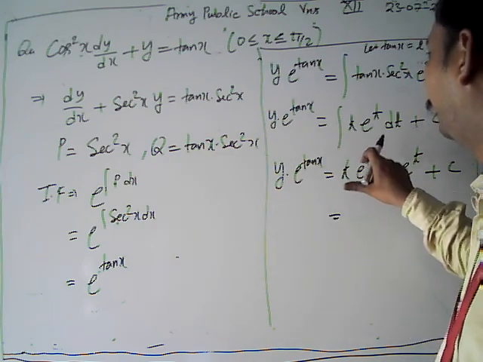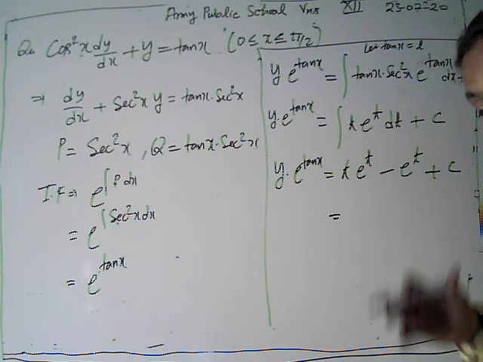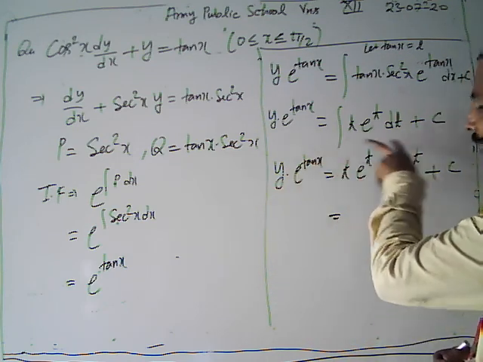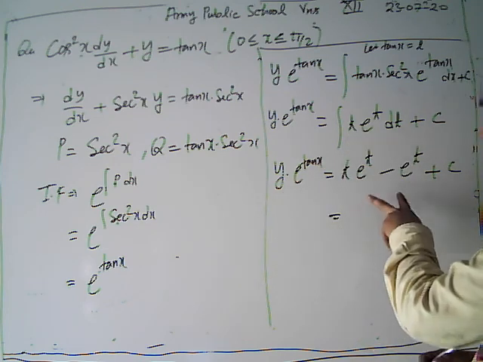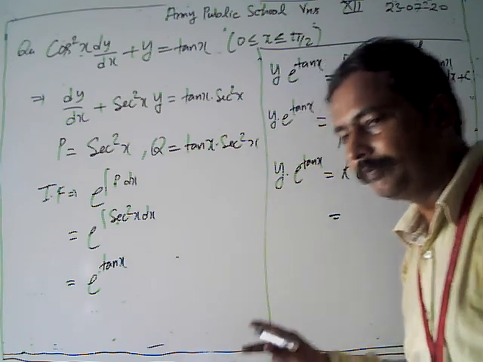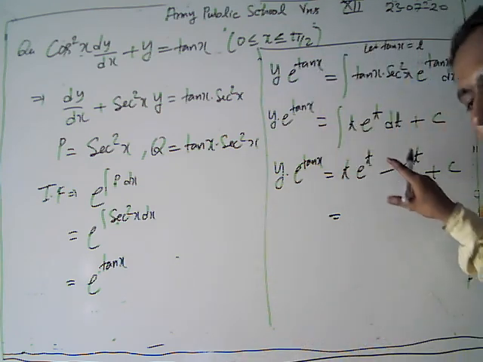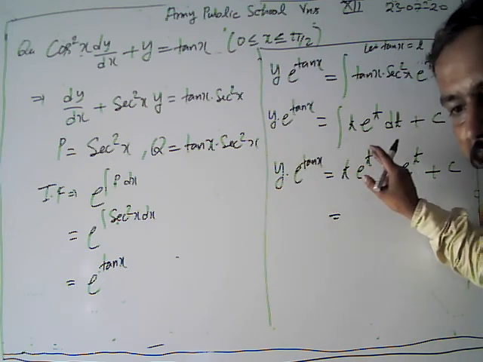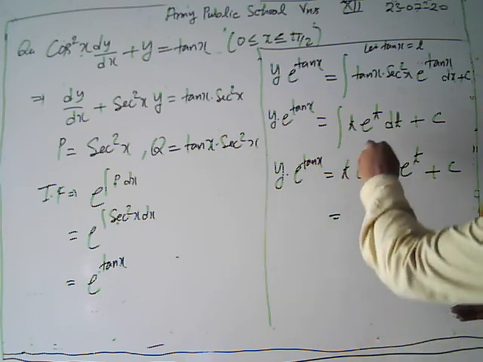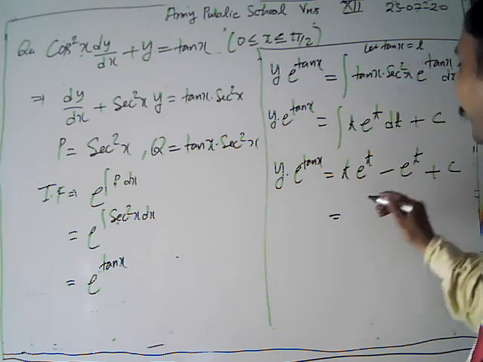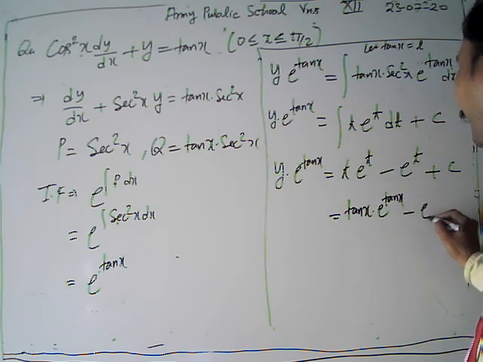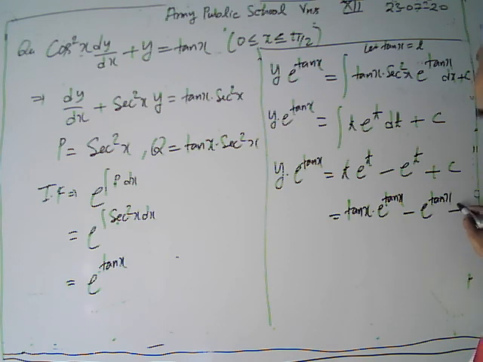But look further, we are not going to solve with these values. We are going to solve this integration individually, and after getting the integration value, we are just going to put the values there. Please remember that whenever we have a long procedure to integrate, we are not going to continue the whole process there. We integrate separately, and after getting the result, we put it here. What is our t? We have tan x. It's tan x into e to power tan x minus e to power tan x plus c.